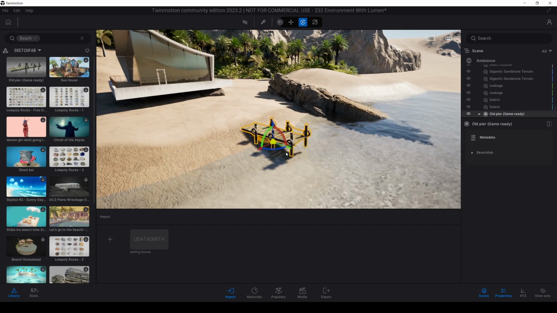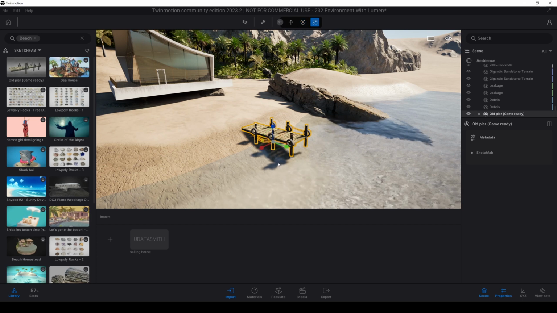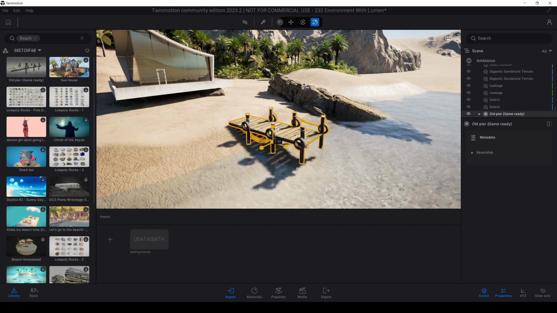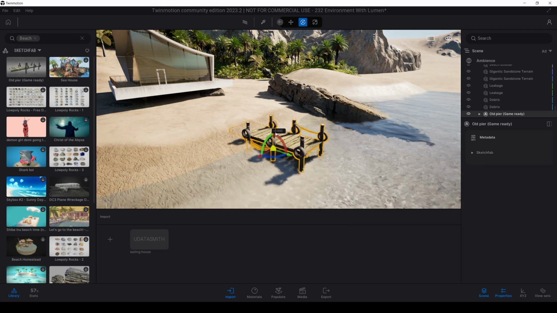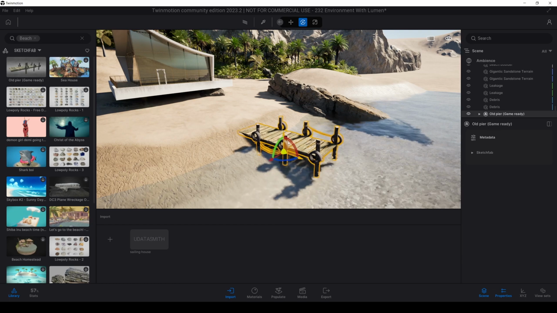Maybe we should increase its size a little bit. Yeah, way better.